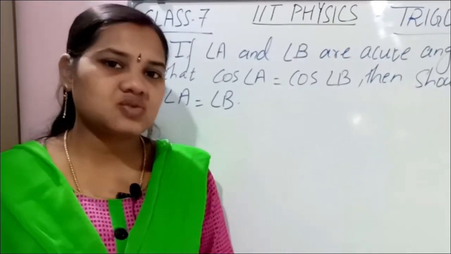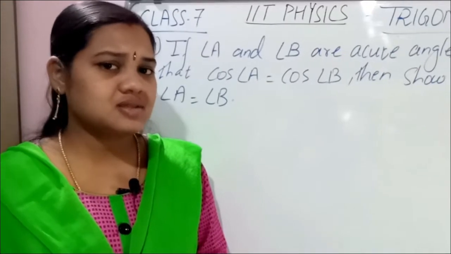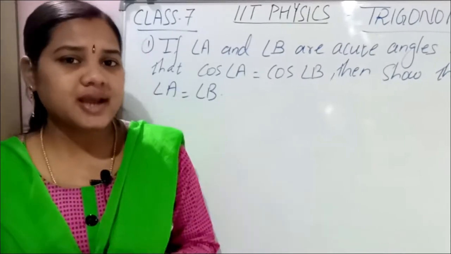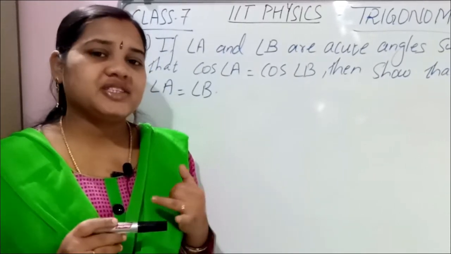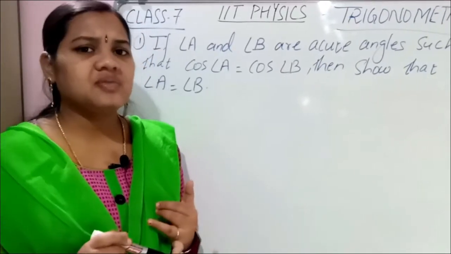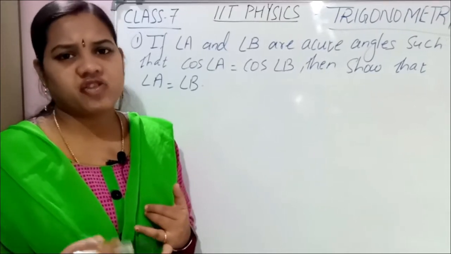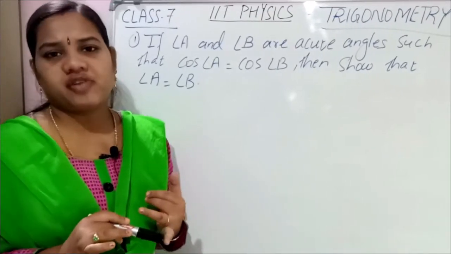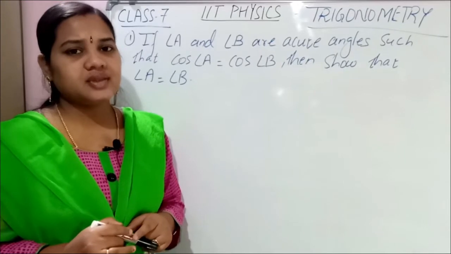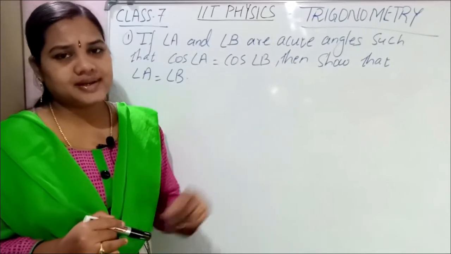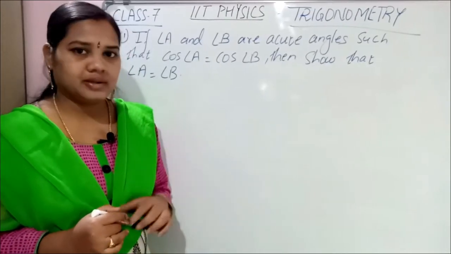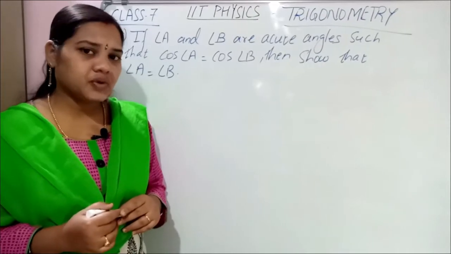Then after that we saw three identities. We considered one triangle, all three sides were given, and we proved three identities. What were those three identities? For any measure of angle theta, any value you take, if you take 30 degree or 60 degree or 45 degree, any angle you take, sine square theta plus cos square theta is equal to 1. Then sec square theta minus tan square theta is equal to 1. Then cosec square theta minus cot square theta is equal to 1. Okay, this one also we already proved yesterday.